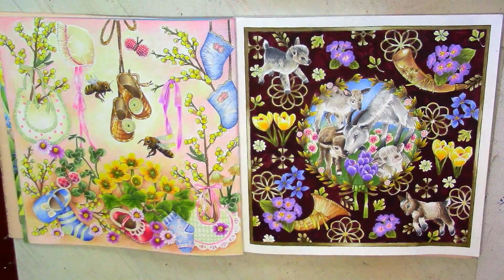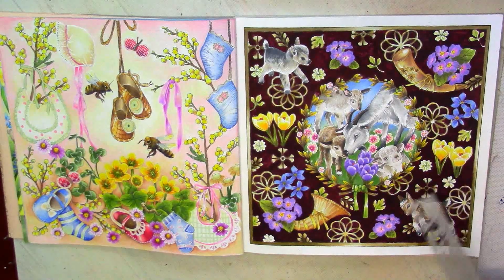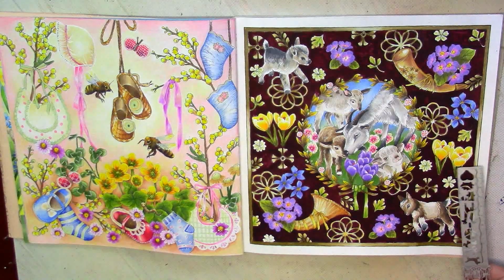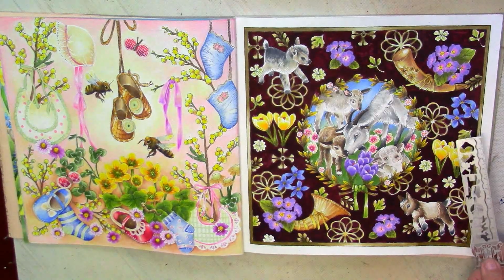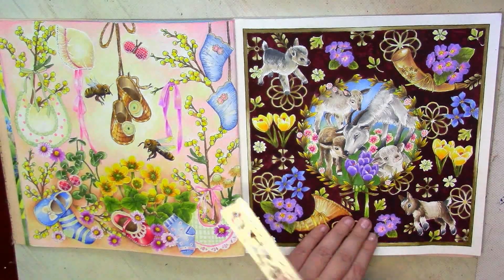On several pictures I even managed to do a watercolor background like this one here. Actually this very dark wine red, brown red, it's a watercolor with a minimal amount of water, and I think that it created very good contrast to the spring flowers. Here I did